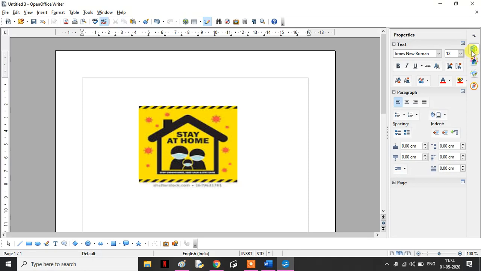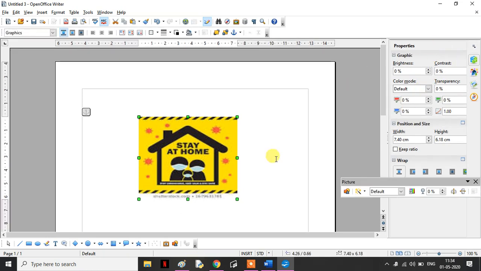Now as you know children, in this we have different options. I have selected the image, so it is showing me the properties of the image. Using this, we can set the brightness and all those things. We can change the contrast, the color, and the transparency. Let's just try something. The image is already selected. You can see children, I am increasing the brightness. You can see the change in the color. Similarly, if you have the contrast, suppose I give 8%, it is given here in percentage. By default the percent sign will be there.